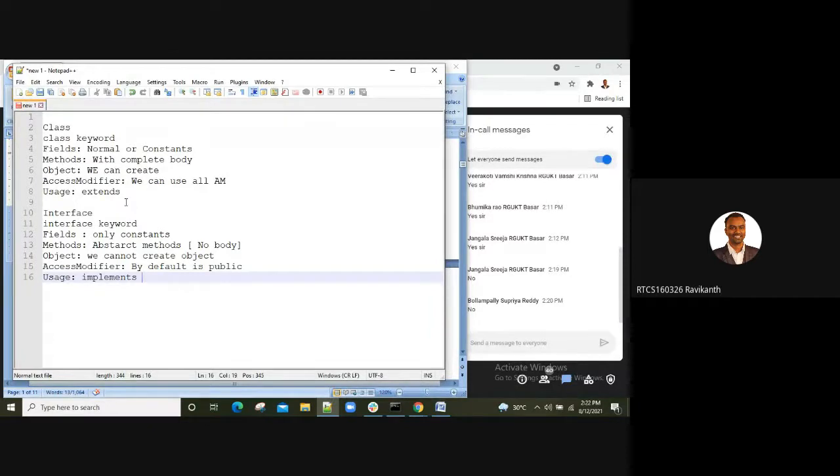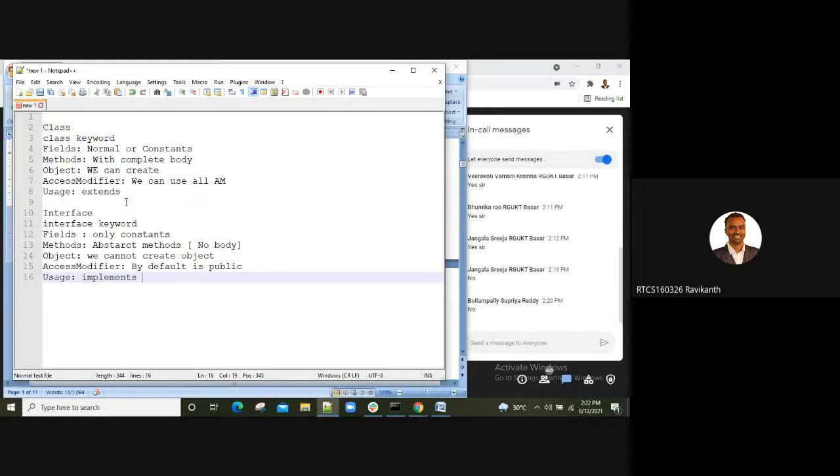So it is clear that you cannot instantiate an interface, okay? And it does not contain any constructors also. And then we understand from this that all methods in an interface are abstract methods. We also come to the conclusion that an interface cannot contain instance fields. It only contains public static final variables.